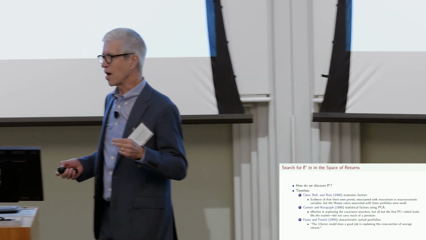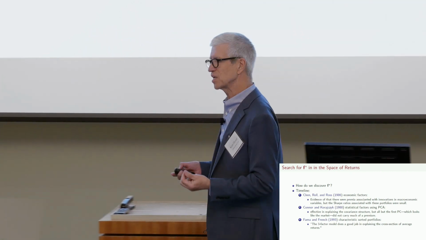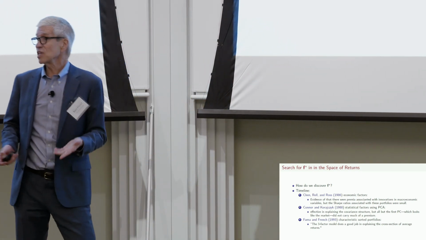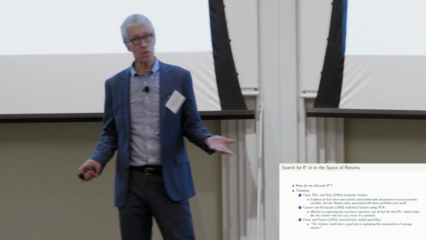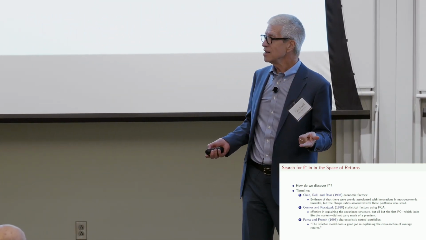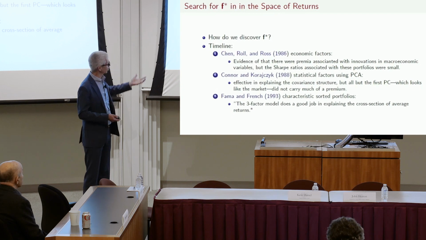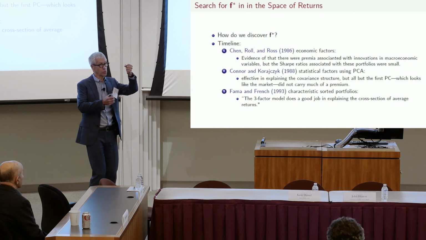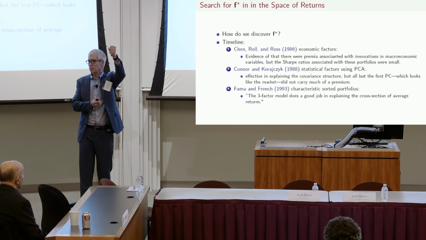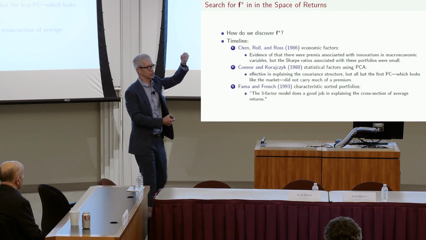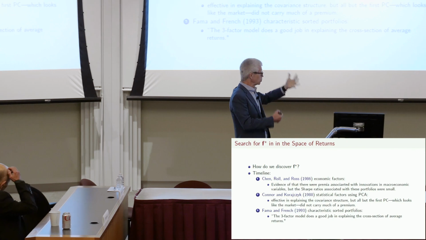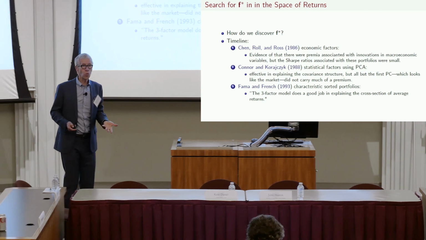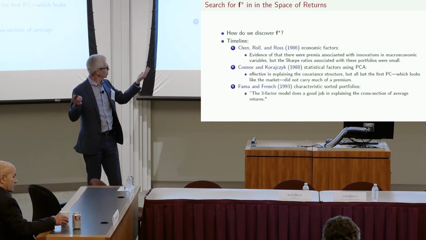So then Gene and Ken came along, and they took an entirely different approach, because by the time they wrote their 93 paper, we already knew that there were a few things that seemed to predict excess returns pretty well in the market, namely size and book to market. So they took the approach of forming excess return portfolios where we go long securities that produce high returns, and we go short securities that produce low returns. This portfolio, by definition, will have a high return. So therefore, it's got to be correlated with a price factor. That was the idea.